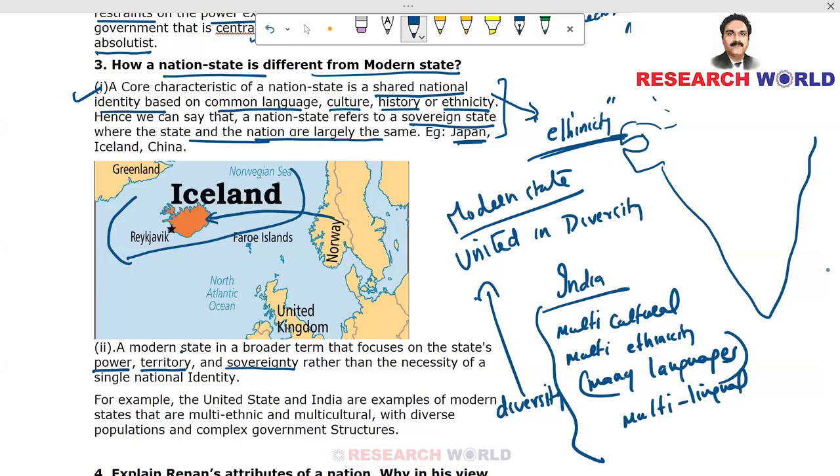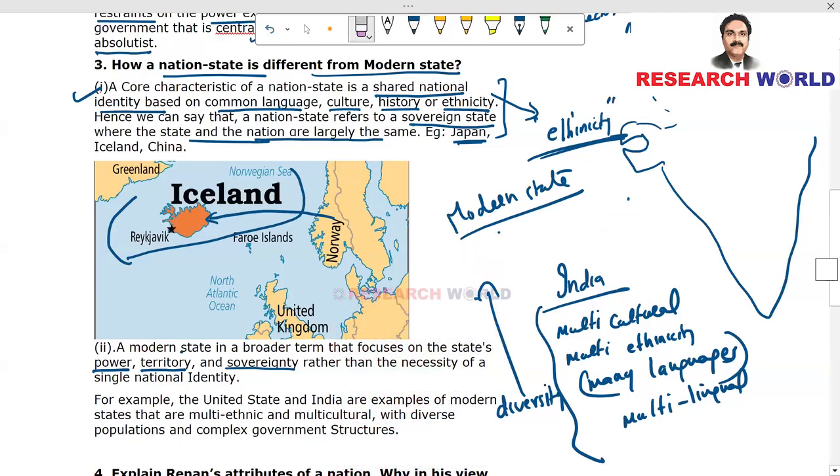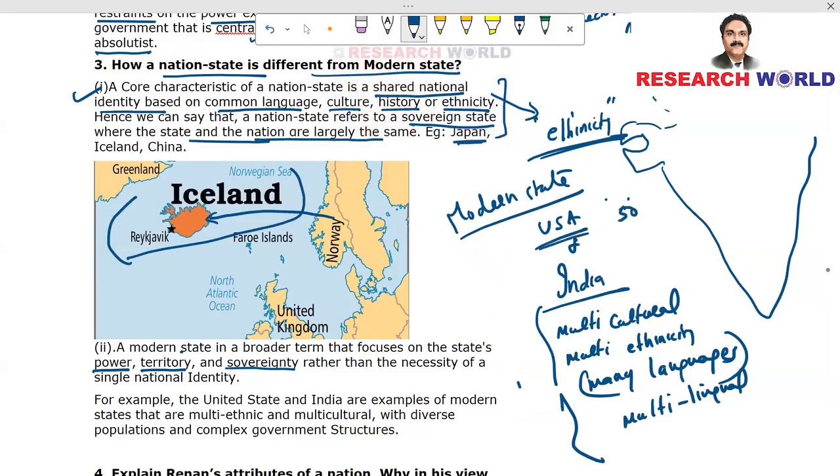So with our example, I think you are not going to forget this quite fast. All right. So modern state, classical example is India, and another example is USA, United States of America, where we have got 50 states, and almost this country is made up of immigrants because people just immigrated from different parts of the world to USA, and that's how that country was built or made. Okay, there also we can see multicultural, multi-ethnicity in USA,